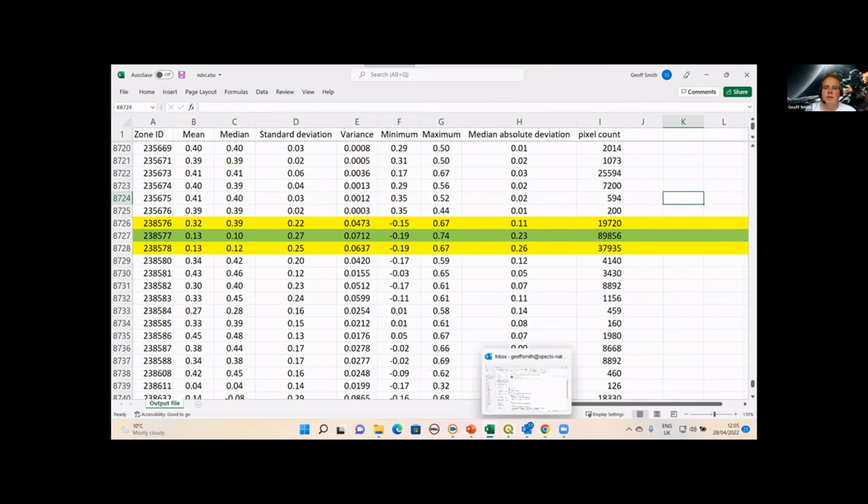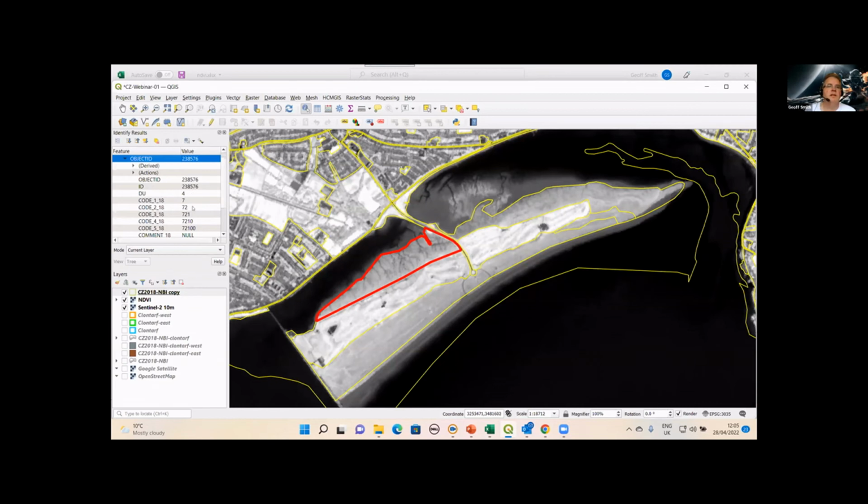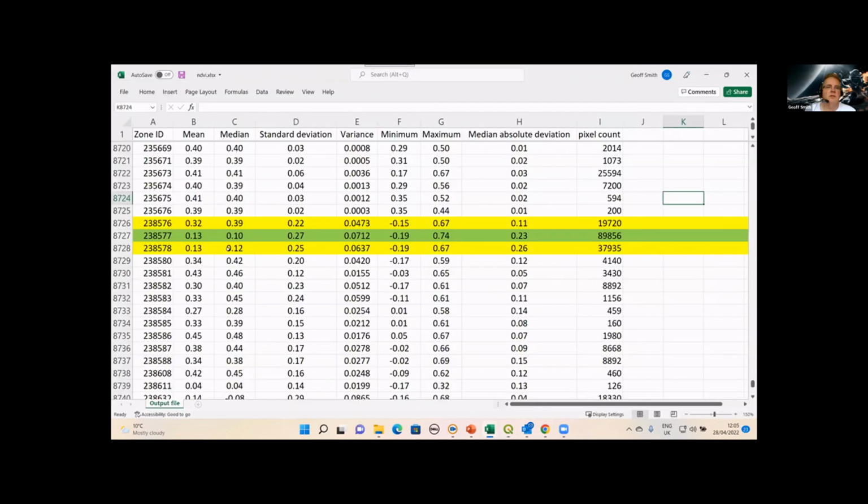And if you remember back to that polygon that we're looking at, 238576 is its ID, and then if we go to this Excel table, 238576, this top yellow row represents the NDVI statistics for that polygon, and we can see that it has quite a high mean value of 0.32, which suggests it's vegetated, but the minimum to maximum ranges between -0.15, which will be those water-filled or wet mud-filled creeks, through to 0.67, which will be where the densest vegetation is present